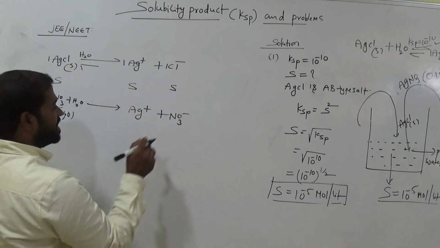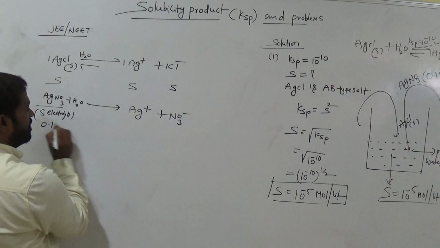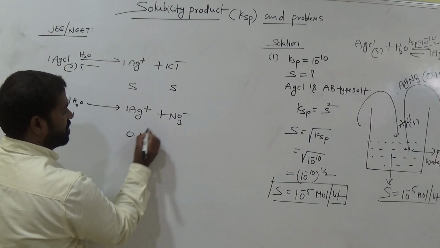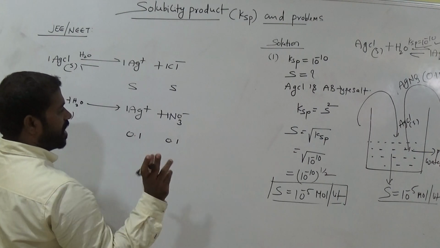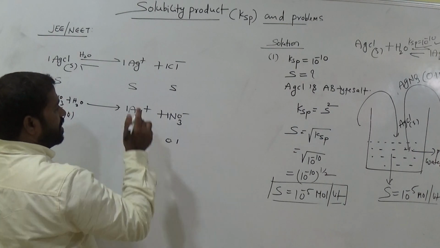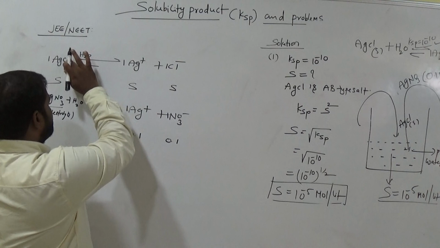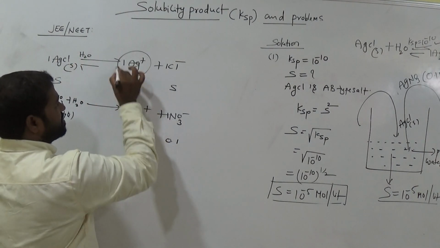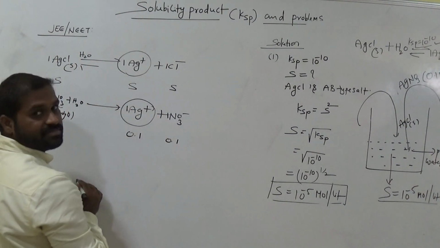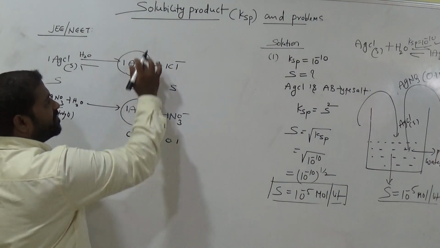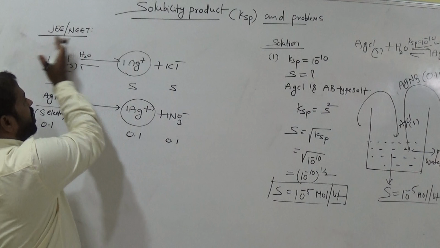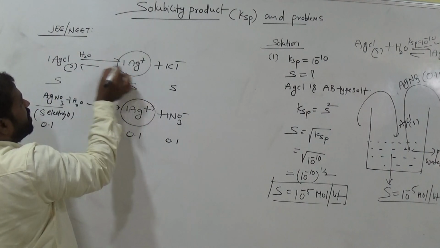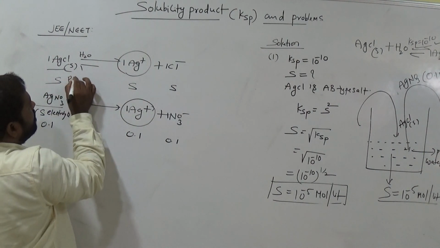So what is its concentration that is given? 0.1 means it is 1 into 0.1, 1 into 0.1, am I right? Clear? Now here clearly, what is the common ion in this? In both salts, Ag plus is the common ion. At the product side, Ag plus increases or not? That means the reaction moves towards AgCl, which gives the AgCl product as precipitate.